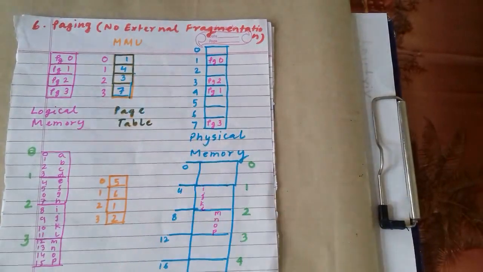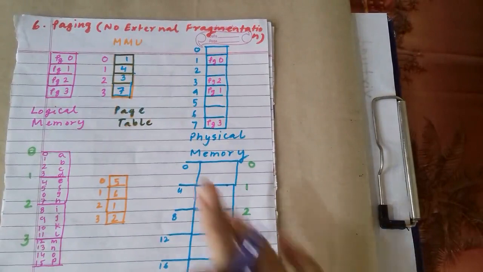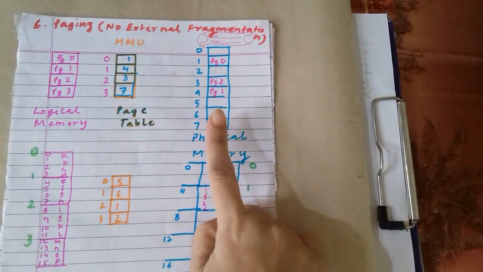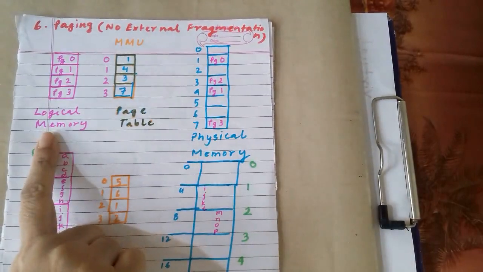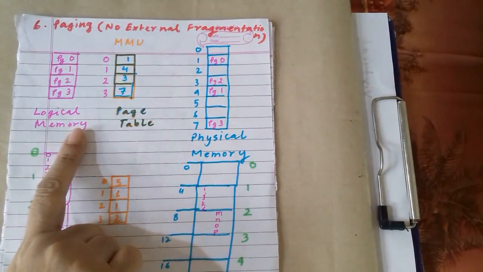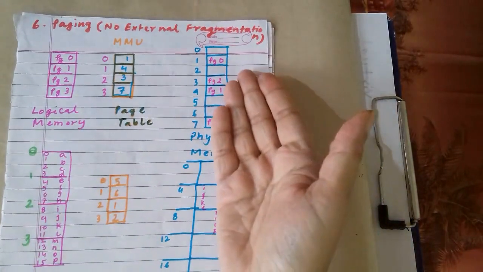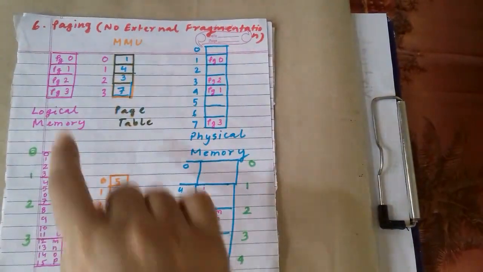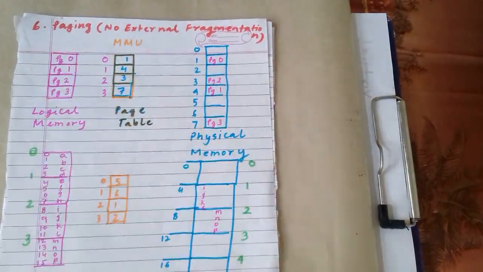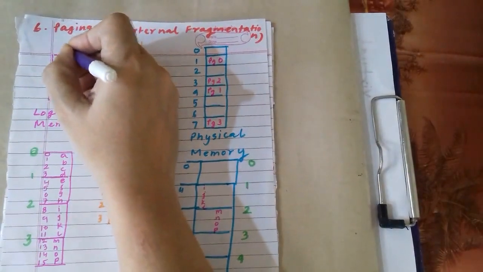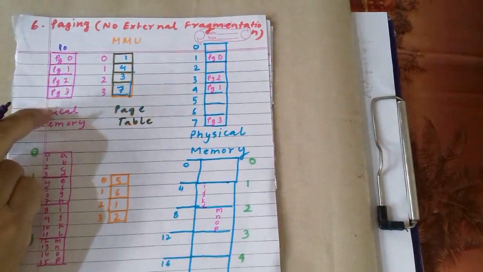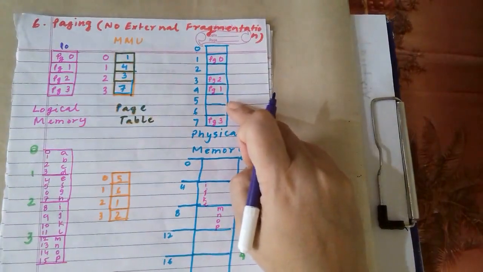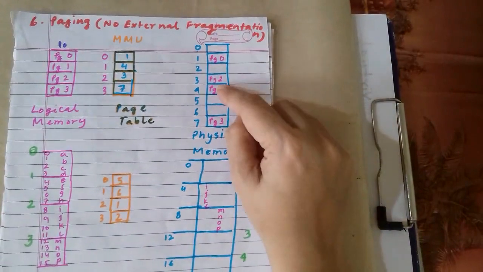Let's see how paging happens in main memory. One important thing I want to tell you: while drawing the diagram, I have drawn physical memory on the right side and logical memory on the left side. So don't get confused, this is the physical, meaning original, memory, and this is our virtual memory. Suppose in virtual memory, for a particular process P0, I have pages 0, 1, 2, 3 stored. Those pages we bring to the main memory, because the CPU is directly connected with main memory.